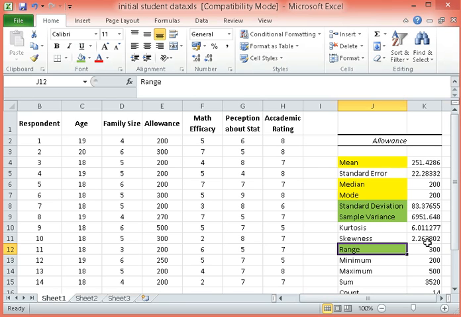Kurtosis is 6, skewness is 2, which tells us that our particular data set probably is not normal. But you probably don't understand what normal data is as of now, or maybe you do, but we'll discuss that in our class discussions. Okay, so that's how you perform basic descriptive statistics using Excel.